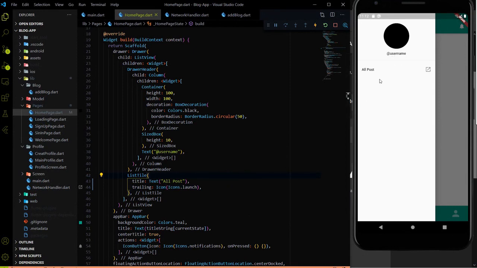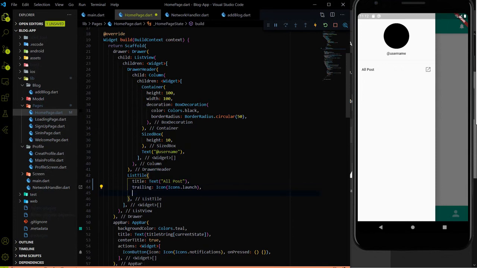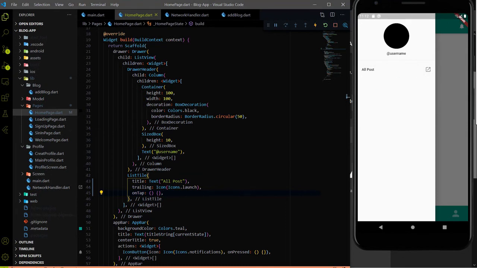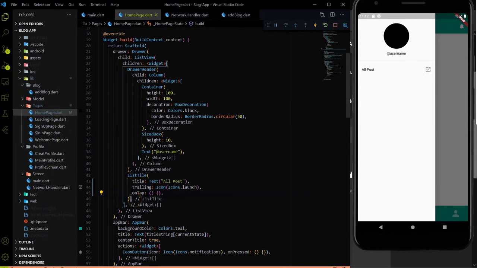So when someone clicks on this all post, then he or she will get all the blog data, because the list style has a property of on tap. Right now I will not add the functionality for it. I'm just creating buttons on a drawer. If you want to extend this blog app further from your side, you can create your own button over here. And the second button will be